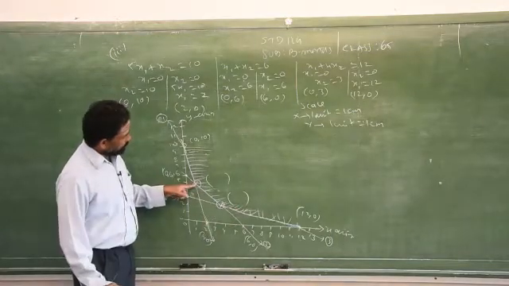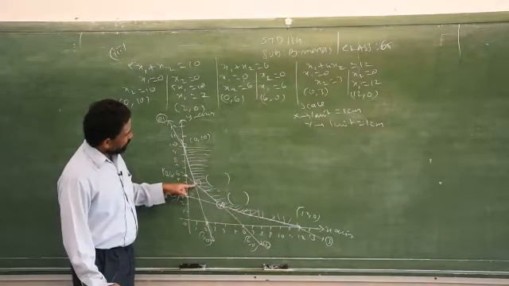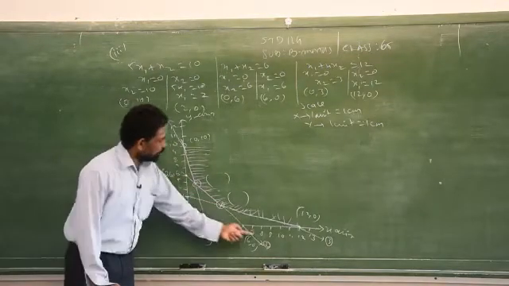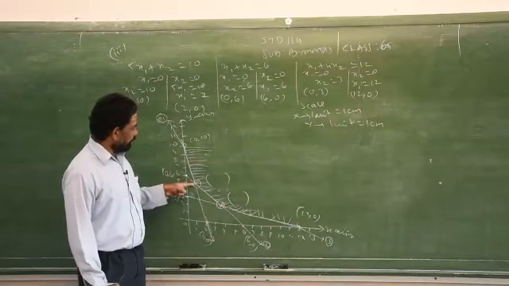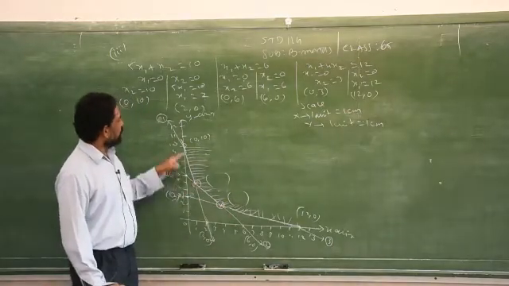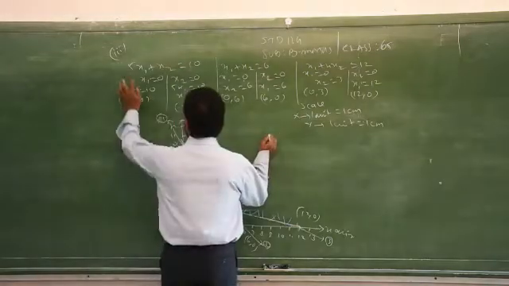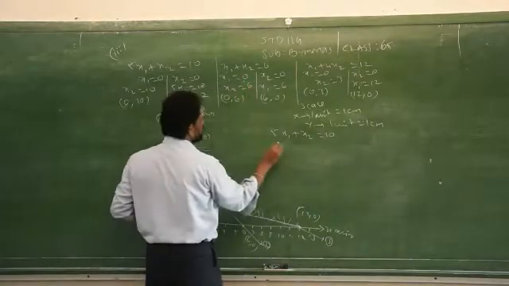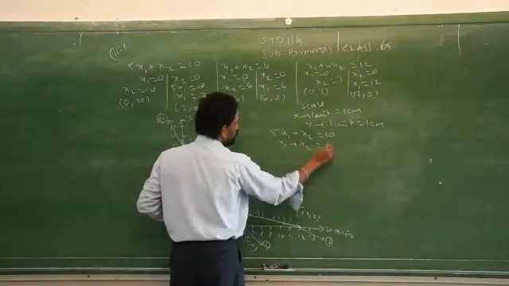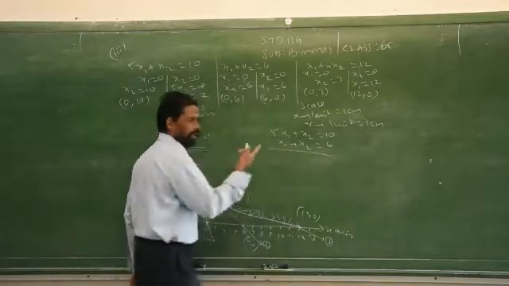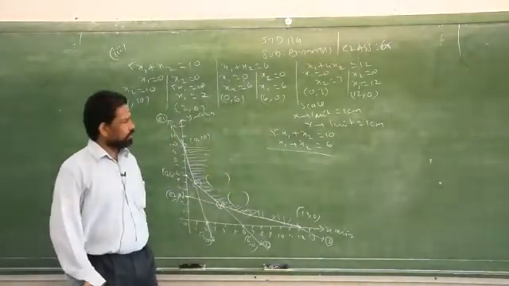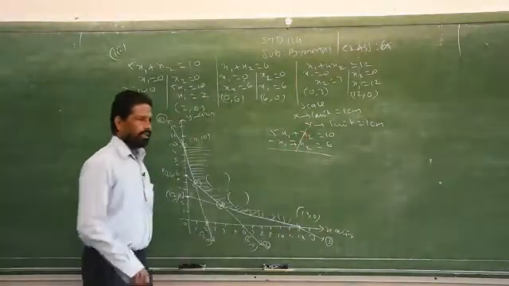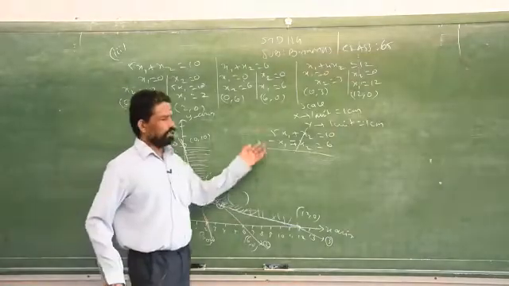How do you find this intersecting point? This intersecting point comes from how many equations? Equation number 1 and equation number 2 are passing through this point. So only these two equations pass through this point. Therefore, solve equations 1 and 2 and you will get the answer. Equation 1 is 5x1 plus x2 is equal to 10. Equation 2 is x1 plus x2 is equal to 6. Just change the sign. You know how to find the solution for x1, x2 by using the elimination method. Clear? From 8th standard onwards we studied the elimination method.